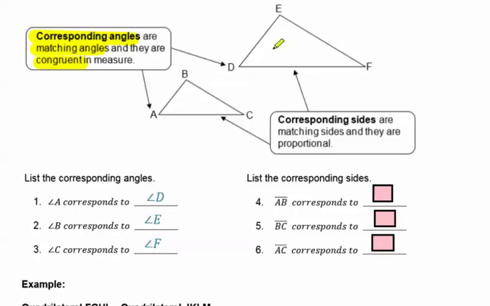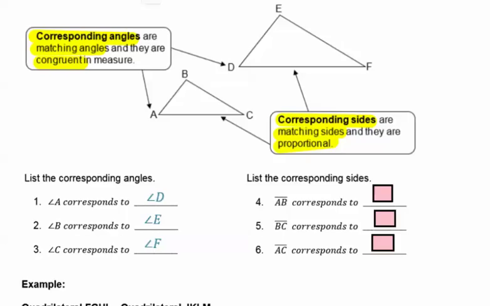Next, let's talk about corresponding sides. So now it's not the angles, it's the sides. So if we look at AB, who would that match with? That's what corresponding sides are. Corresponding sides are matching sides. Now, corresponding sides are not going to be congruent because these are not the same size, guys. Instead, they are proportional. They do not equal each other. They are proportional. Corresponding sides, matching sides are proportional, meaning that they make a proportion if we set one of